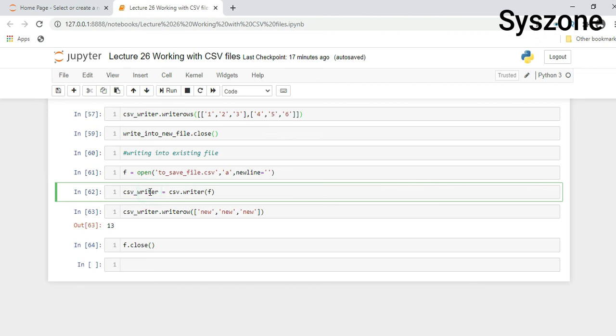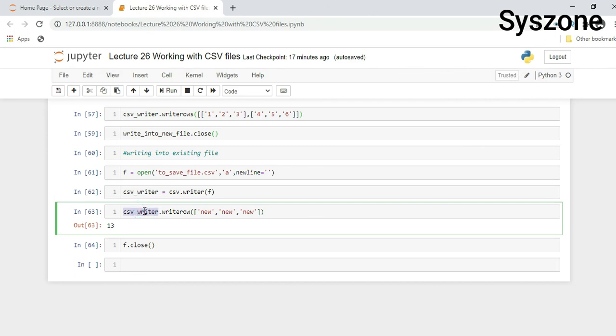Now we want to write some value inside it, so csv_writer dot writerow, and inside the parenthesis there is a list. Inside the list we have the comma separated values, the strings new, new, new. So after executing, if you see, there is again a cursor position. Now after writing all these values, because we are referring to the same file, the cursor position at the end is 13, and we will close this file.